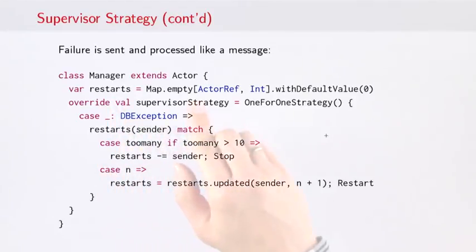First, we create a map restarts from actor ref to integers, which defaults to 0 for the values. Then, when we get a DB exception, we actually look in the restarts map for the sender of this failure and check. If it has failed too many times, then we remove this actor from the map and stop it. Otherwise, we update the map, increasing the failure count for this actor and issue a restart. This is just a very simple example to make it fit on one slide. You can do any kind of